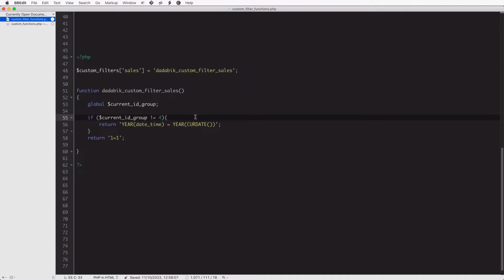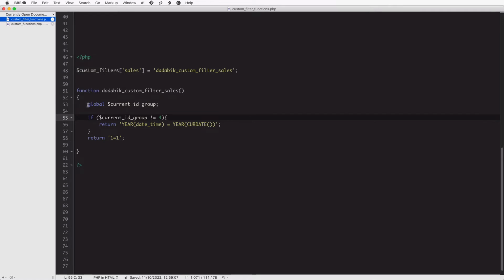Technically it is an additional component to your where clause that Databig will add on top of any other filters you already have on the table. Because maybe the user is already searching, filtering manually the records of the sales table, but on top of that, what we want is, unless the user belongs to the group 5 top managers, you have to show only the sales related to the current year.